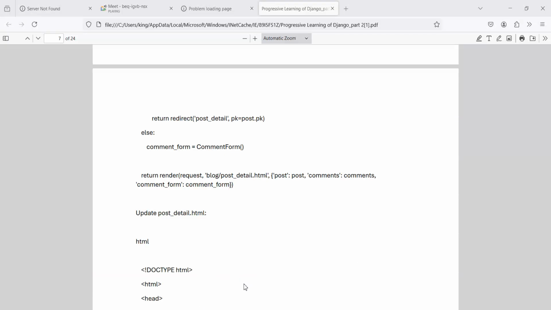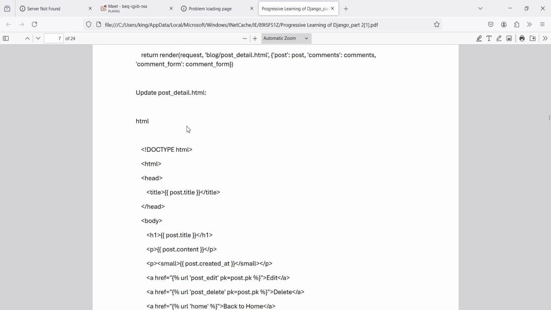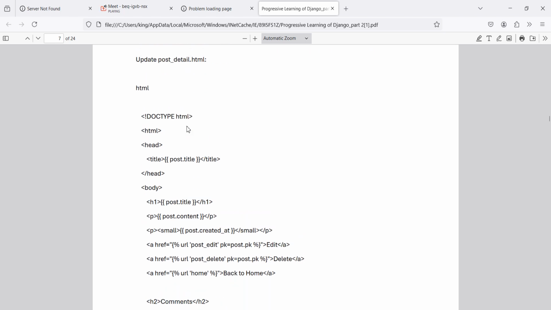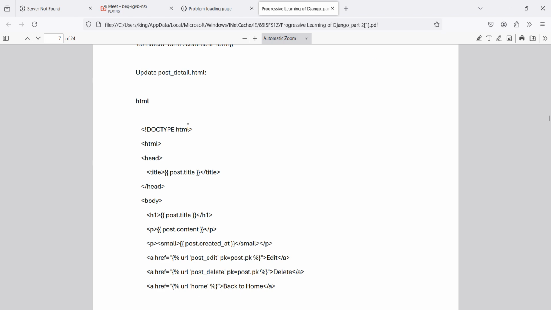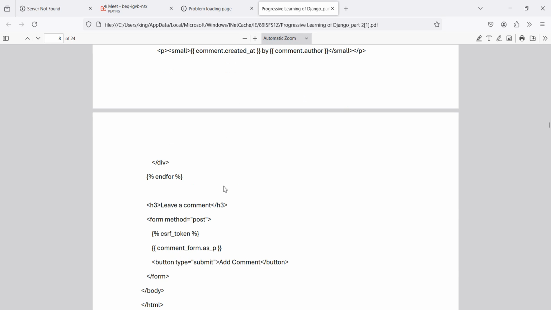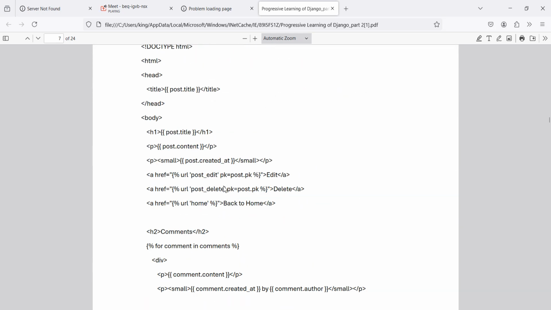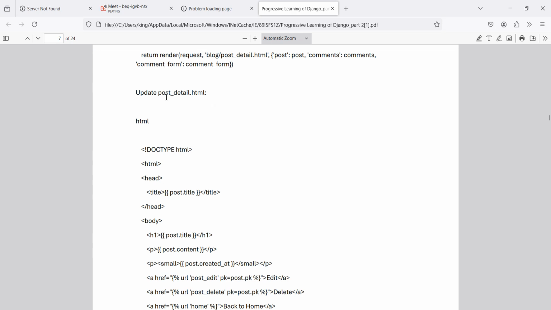Okay, so now let's continue. Now you could see the update. When you come to the update post details, you need to update that in your HTML. We need to add the comment side to our HTML so that it will show. So you copy all these ones and you go to your HTML. You already have post_edit in your HTML, and then you add all this content there. So copy all these ones